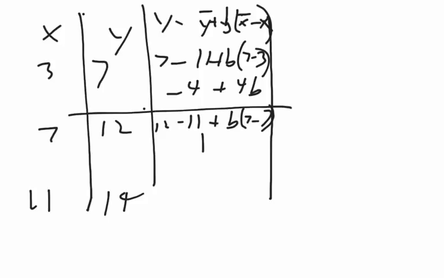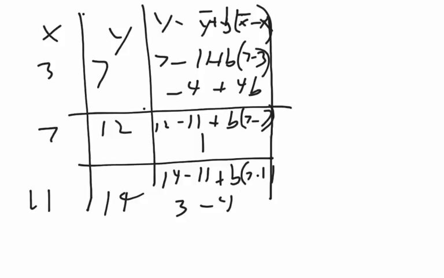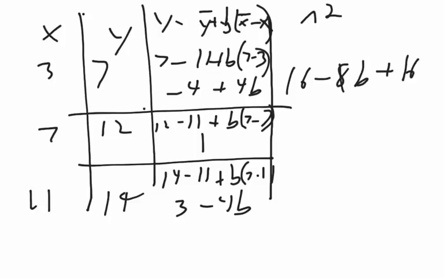And the last one, we have 14 minus 11 plus b times 7 minus 11, which is 3 minus 4b. Now we're going to square them all, because that's going to give us the area of the square. So when I square this one using FOIL or however method you want to, sorry, that shouldn't be 8, that should be